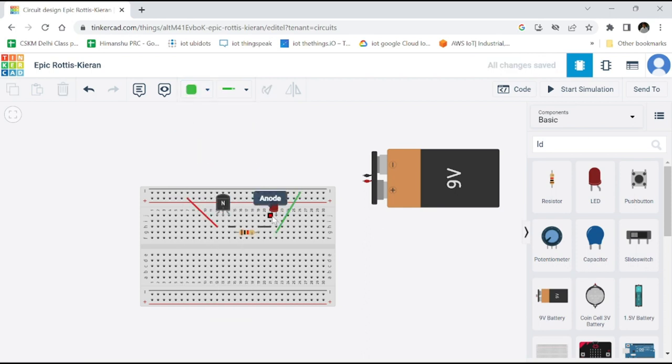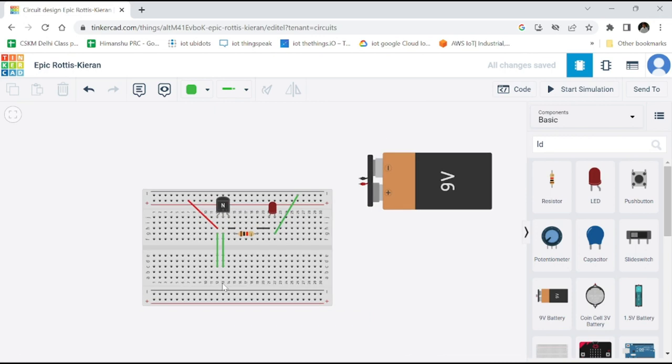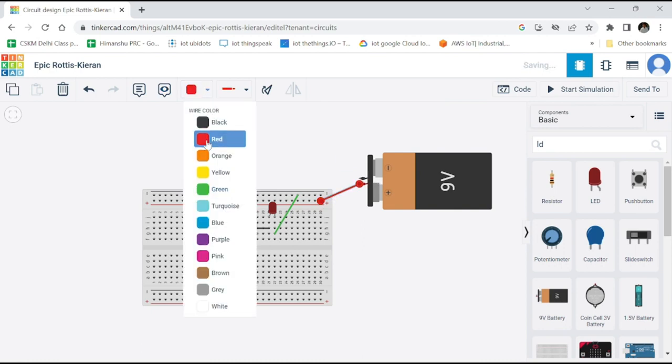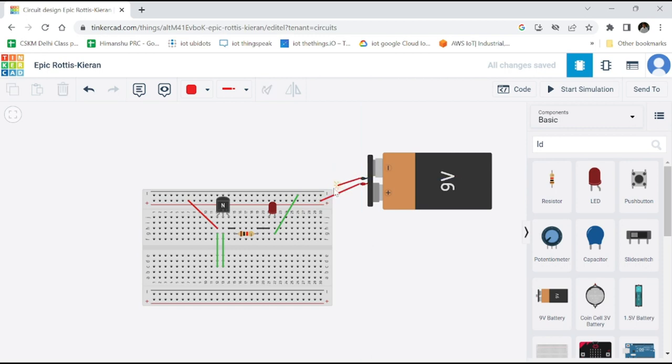Now what we are going to do is take two jumper wires and make them an open circuit, with the first and second terminal. Now when we plug these things in, positive on positive, negative on negative,